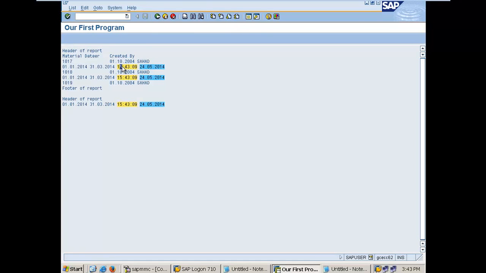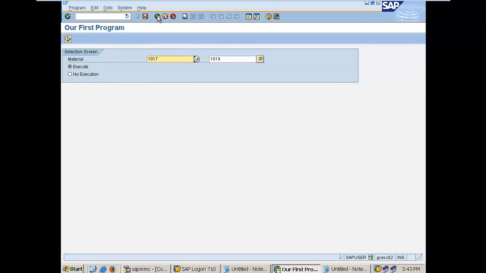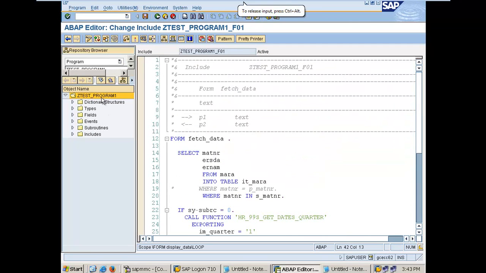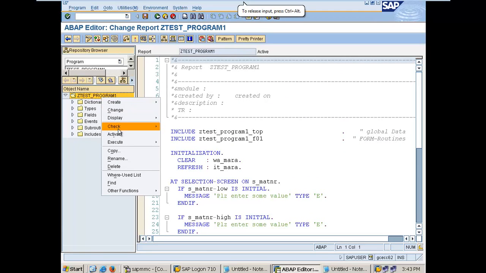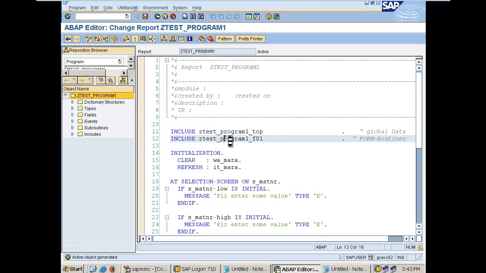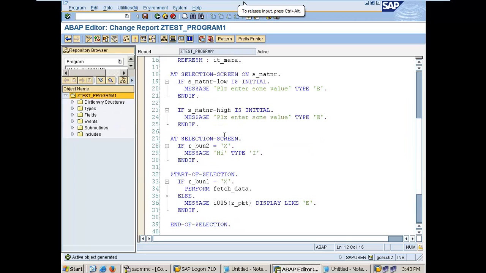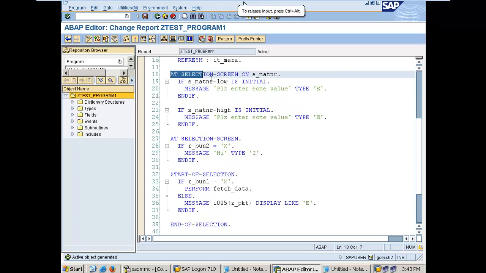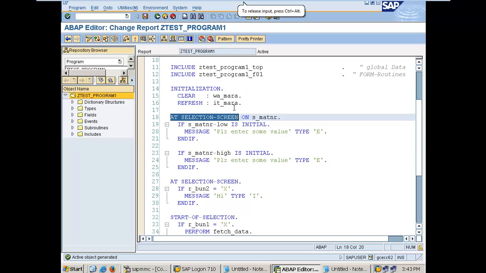So now I would say that you are completely aware of a classical report. You are also aware of the events in a classical report. So I think we will just close our session for today. I'll upload another video in the evening in which I'll discuss more on the interactive report, and also we will explore more on these sub events of the selection screen. We will do some tweaking in our selection screen: how to hide a field on the screen, how to disable